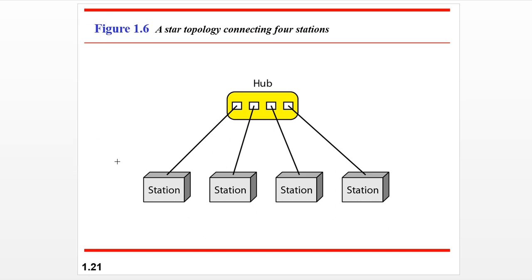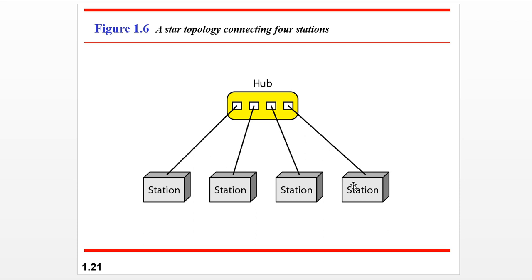So for example, if the information is transferred to the hub from station 1, the hub can decide whether the information is transferred to station 1, 2, 3 or 4. If station 1 wants to communicate with station 4, station 1 has to send the information to the hub, and the hub decides with its physical or logical address where to transfer it. Accordingly, it will transfer the data from station 1 to station 4.